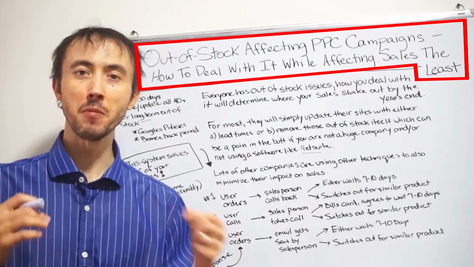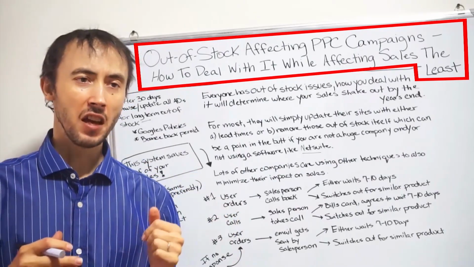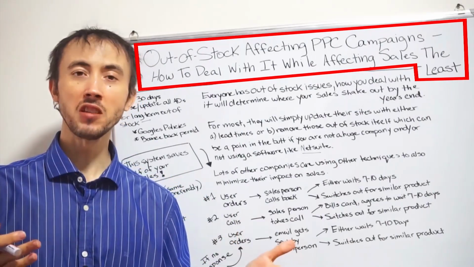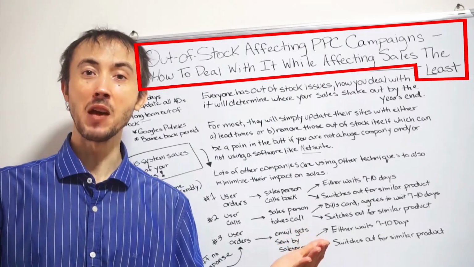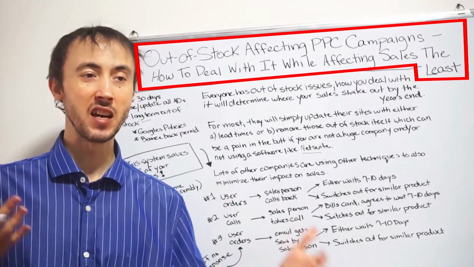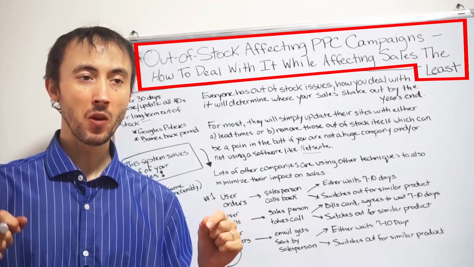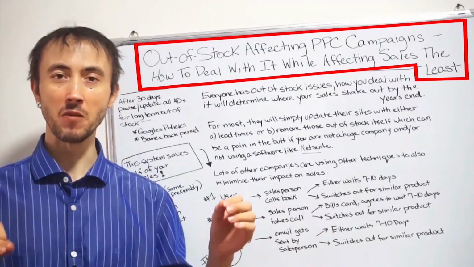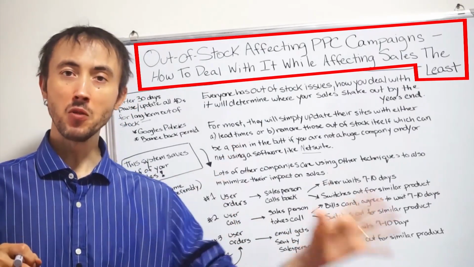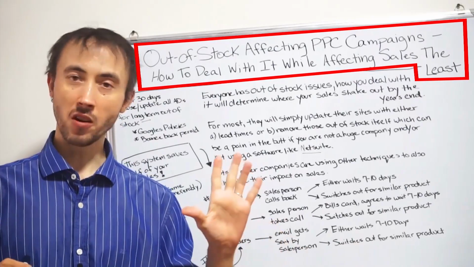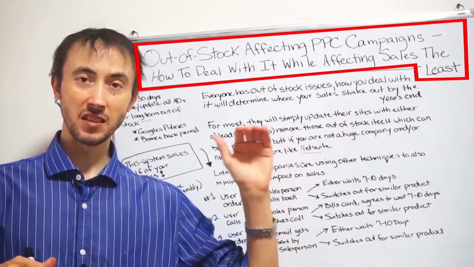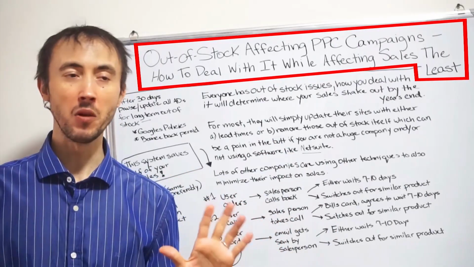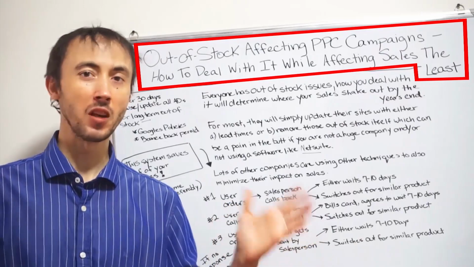I've got to start out by saying some of this stuff is a little bit gray area, and you have to make your own discretion whether you do it or not. Usually, the gray area stuff is the stuff that actually matters, because in PPC you always have to do something other people aren't willing to do. I'm not talking about illegal stuff here. That's not what this is. I just wanted to give you a little bit of disclosure. I don't agree ever to cross the line into anything that's actually illegal, but to do a little edgy stuff, if you will, because nobody else is willing to do it, which is why it works.